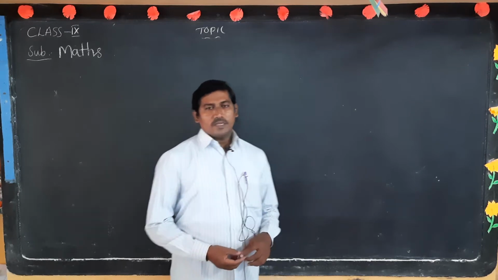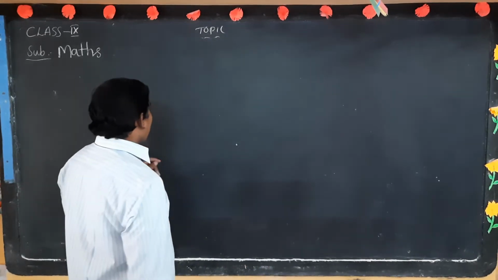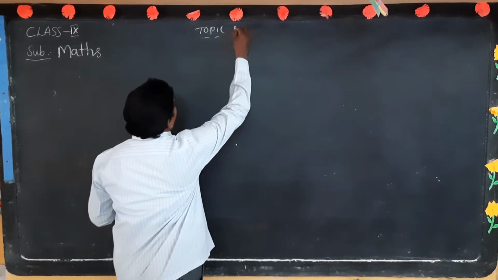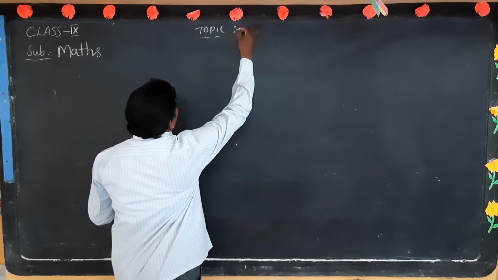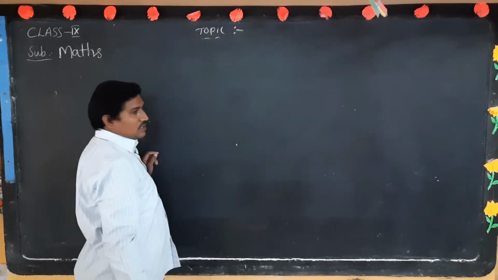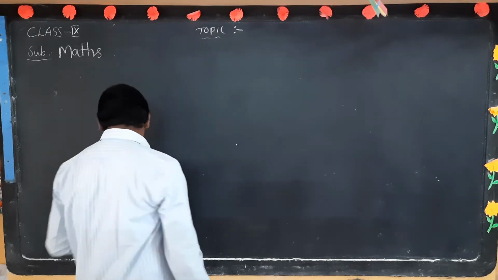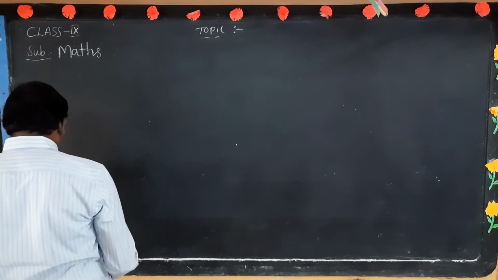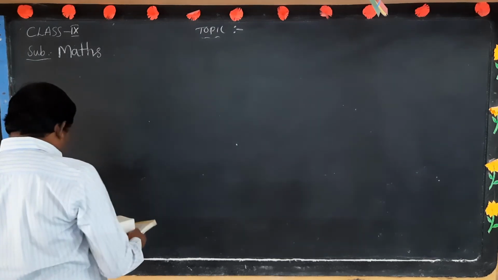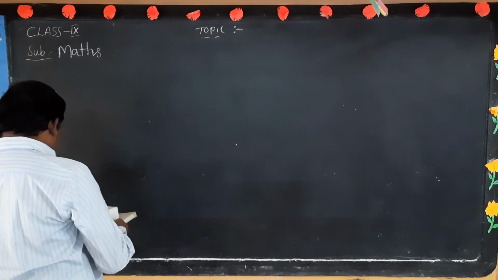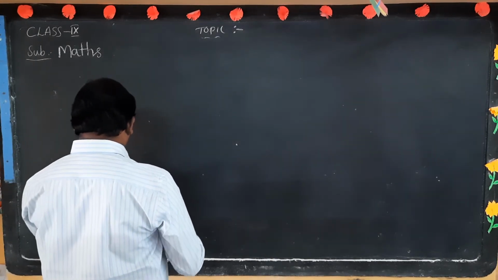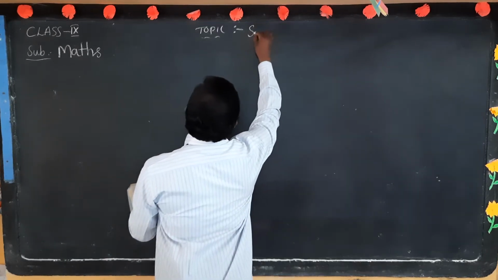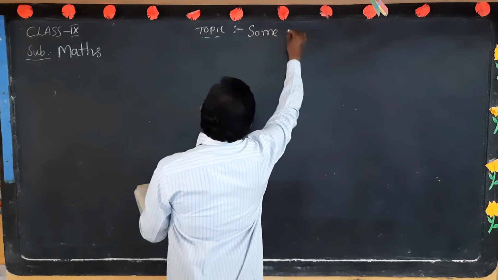Today we will discuss the sum of two angles. Today's topic is angles. Still more angles are there. We will discuss adjacent angles and the linear pair of angles axiom. Some axioms we discuss.